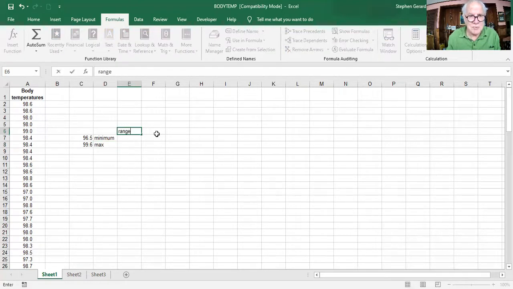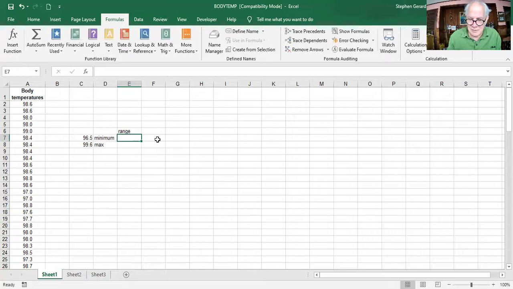Another way of saying range would be this high minus the low. It's a range of 3.1 degrees. Now, if I'm going to graph this, one of the things I want to do is probably put this into what they call bins or categories. So if I were going to develop categories for this, I might say,